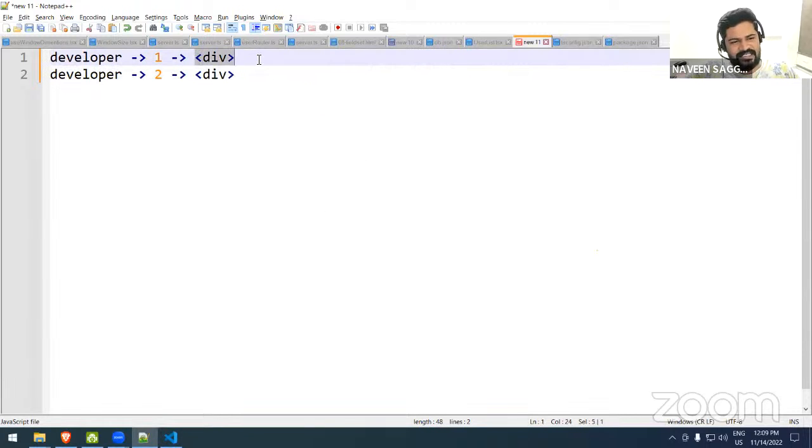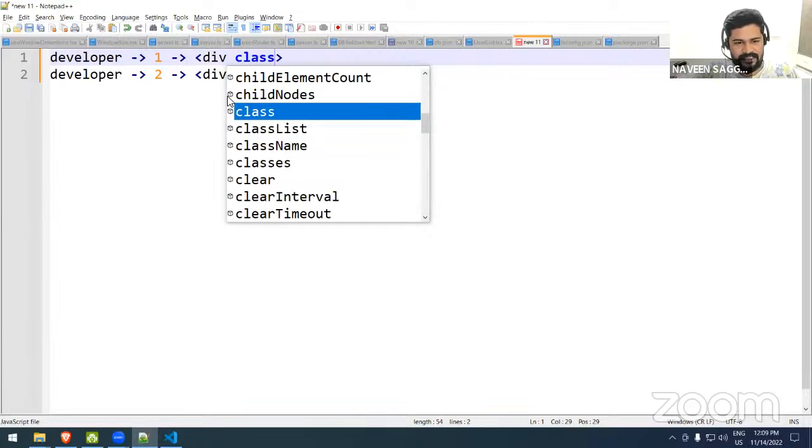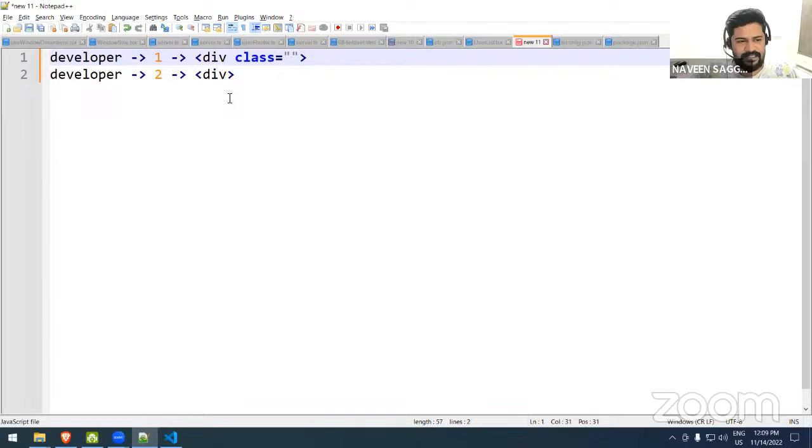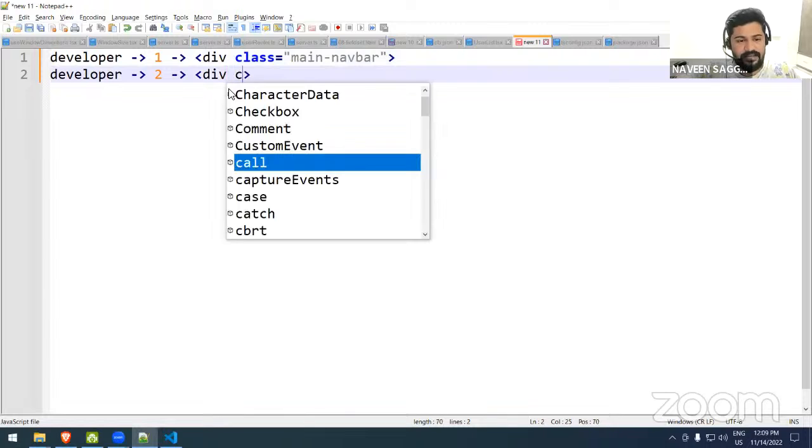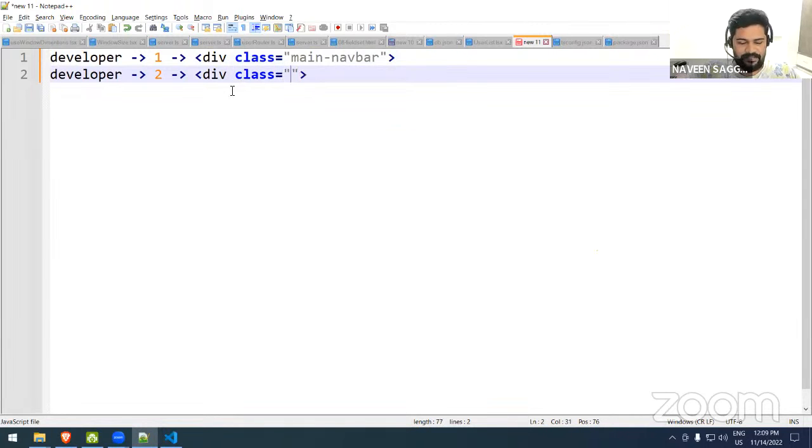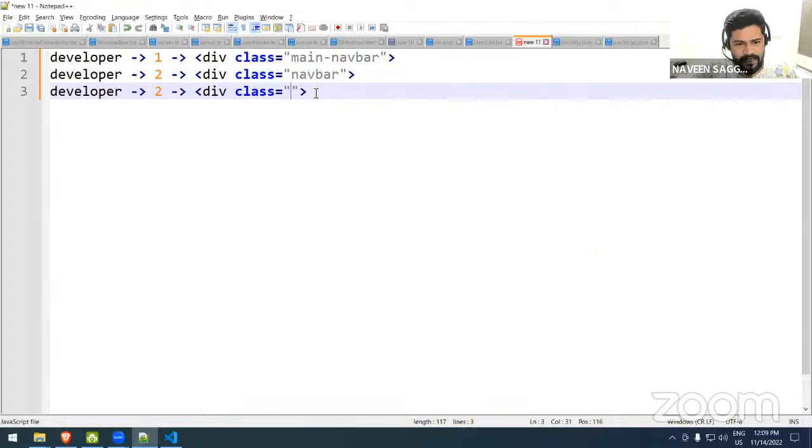But if I just give a div tag, how can they differentiate this? This guy will use a div tag for the navbar and give it his own class name, like main navbar. Another person gives just navbar. One more person gives only nav, like main nav. It's their own choice, correct? They all give their own names to the divisions and develop the website. I'm talking only about the main navbar, and they have given three different classes. That's fine. But